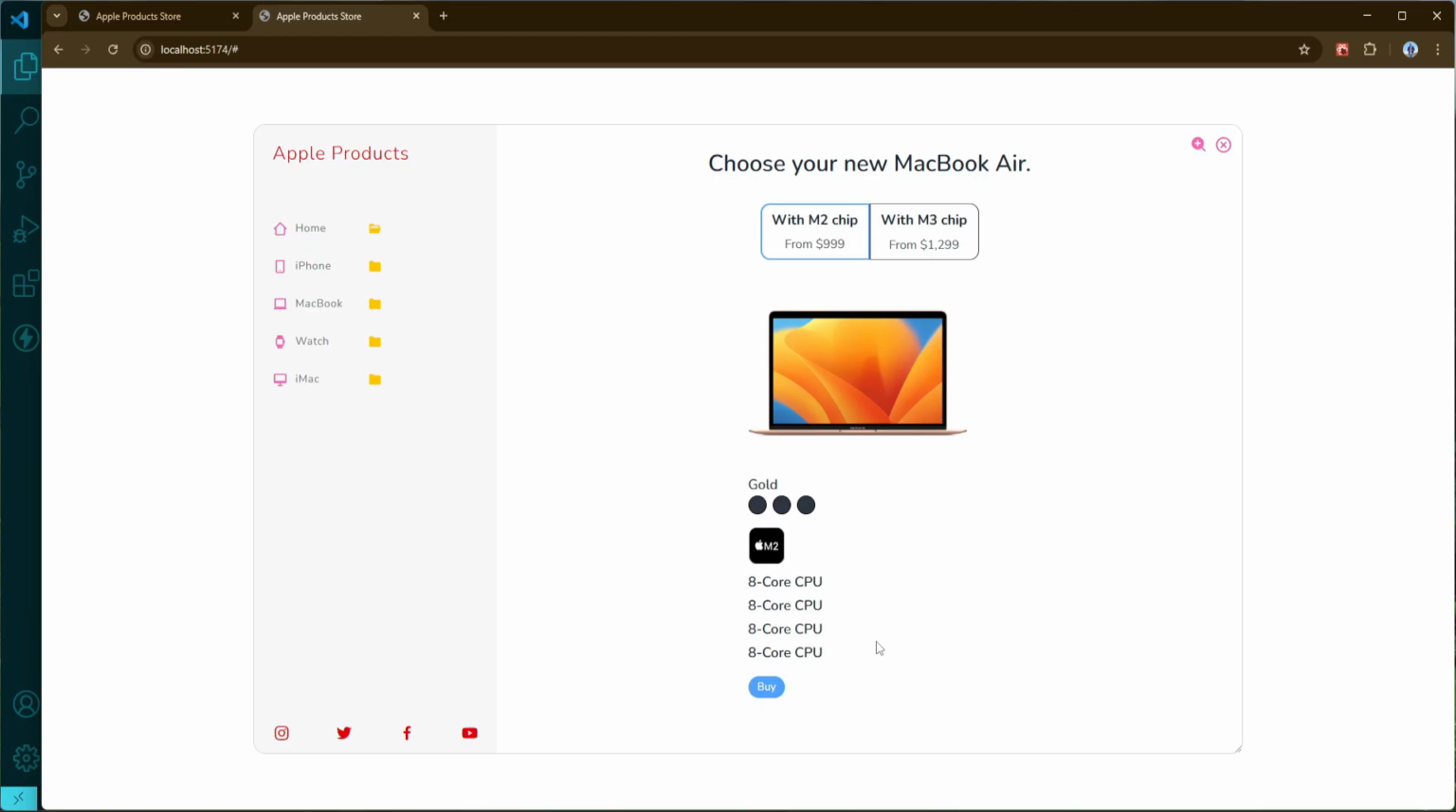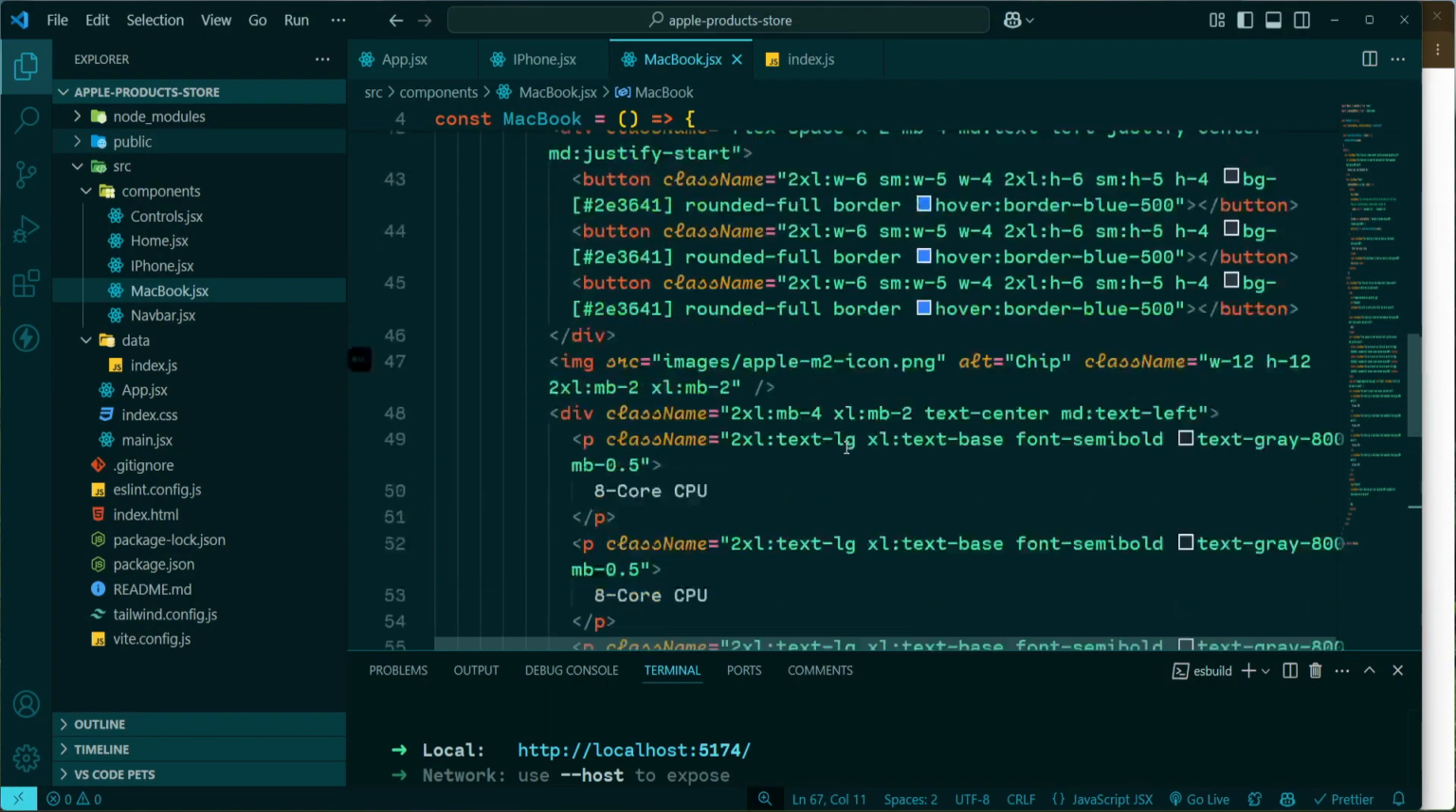Everything is hard-coded. That means regardless of which MacBook chip we select, the displayed image, colors, and specifications remain the same. Our goal now is to make these elements dynamic so that selecting a MacBook model updates the corresponding content automatically. To start, we need to track which color option is currently selected for each MacBook model. For that, we will use state. So let's go back to the VS Code and define